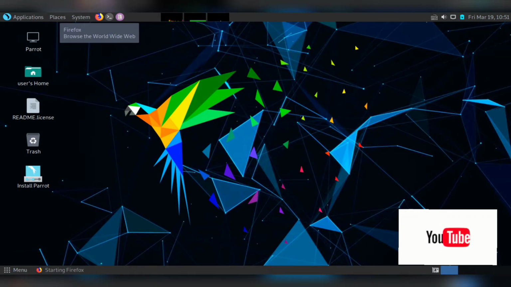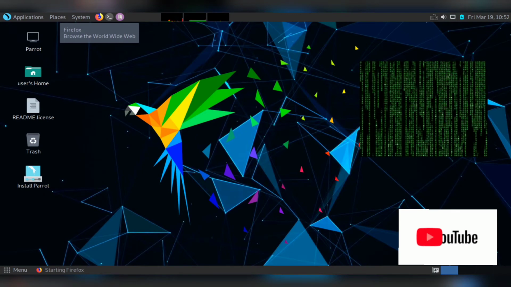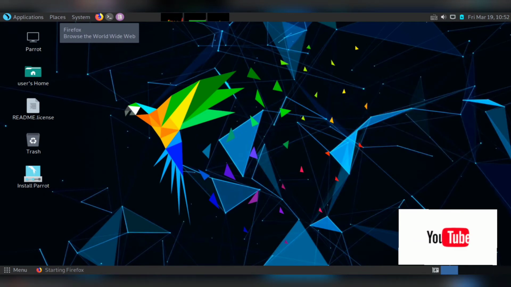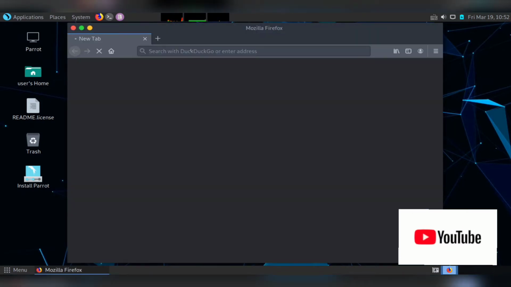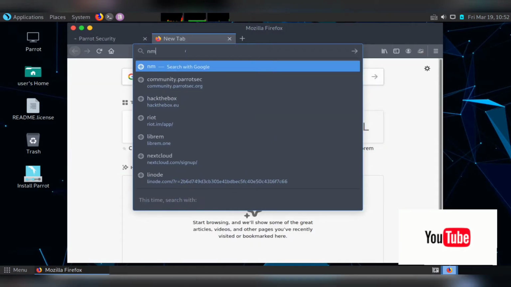Today we are going to set up the Nmap tutorial and check what Nmap is and how it works basically. We will go through the whole tutorial of Nmap and learn about its basic commands, how to scan a website, how to check for open ports, and how to work with Nmap. So without wasting any further time, let's get started.